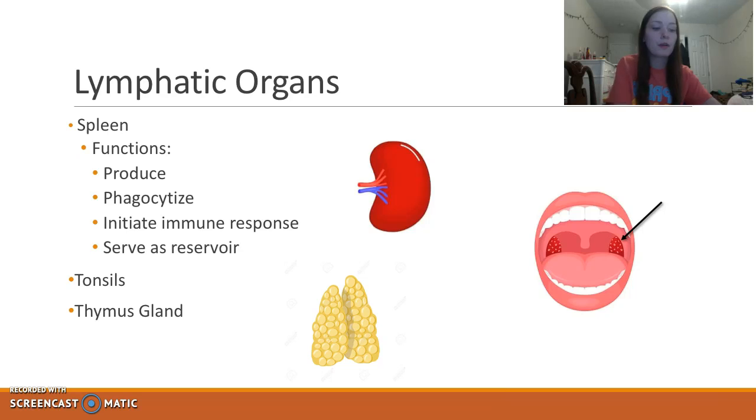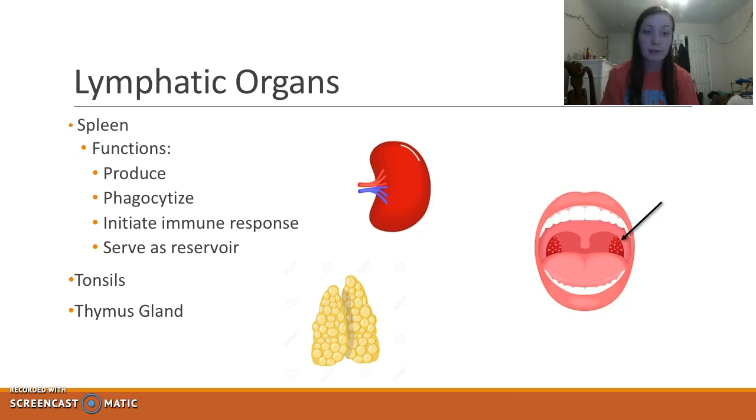Then you have your lymphatic organs. Our spleen, which is your largest lymphatic organ, functions to produce T cells, B cells, and macrophages, phagocytize bacteria and other foreign materials, as well as old defective erythrocytes and platelets, initiate the immune response, and serve as a reservoir